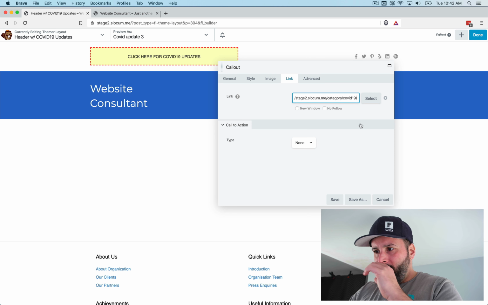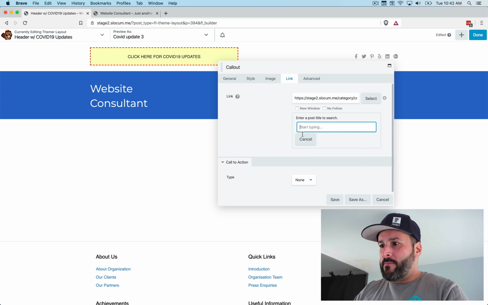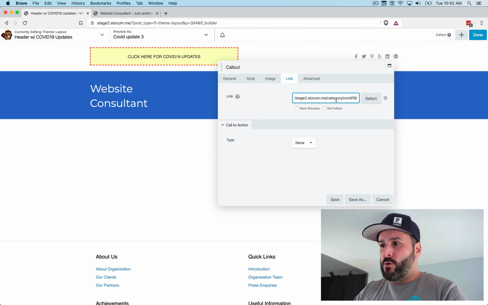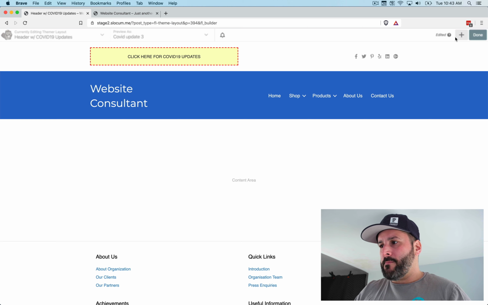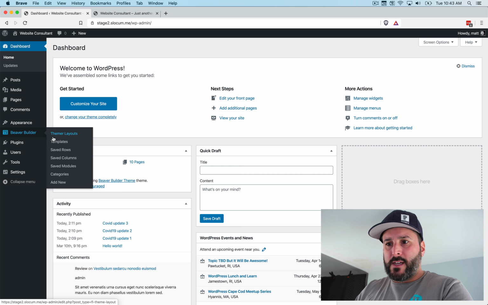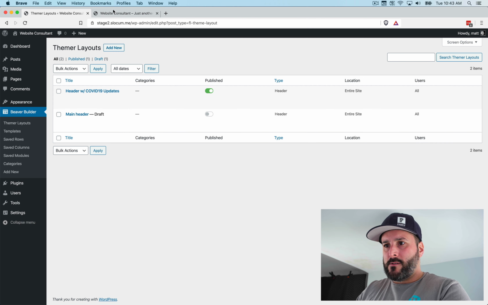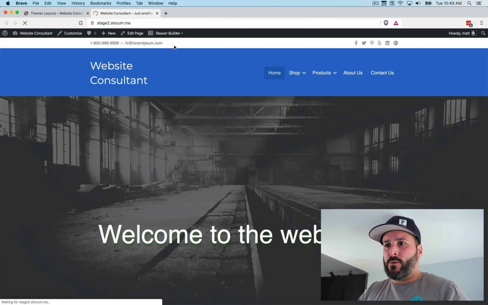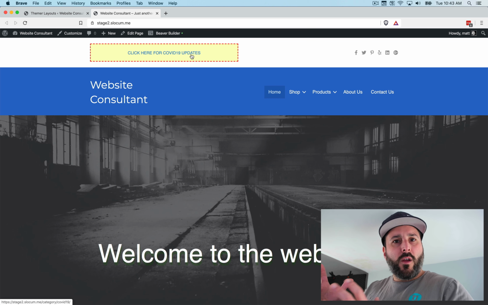So I've already copied the category page here. You could always select it by going into the selector tool, but I've already put in the COVID-19 category, and we're going to save that. We're going to hit done. We're going to hit publish. We're going to go back to the Beaver Themer section or Themer layouts, and we're going to uncheck the main header from being published. Visit that website, hit refresh, fingers crossed, there's our COVID-19 updates, and it's linked to the